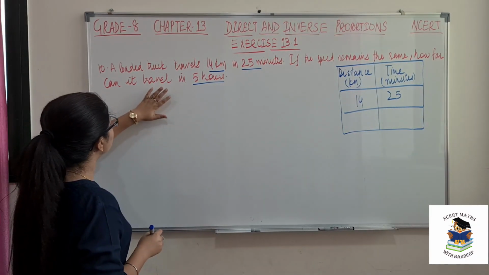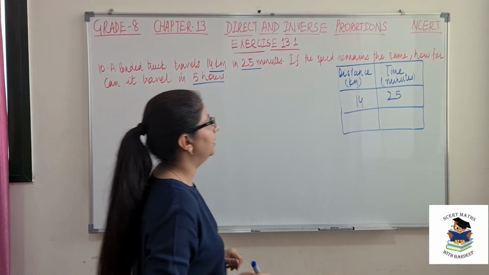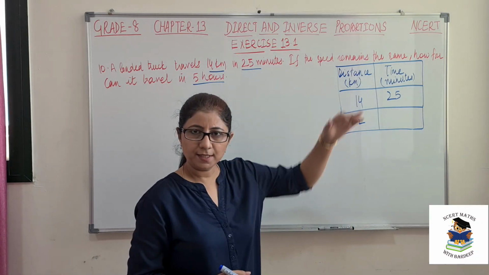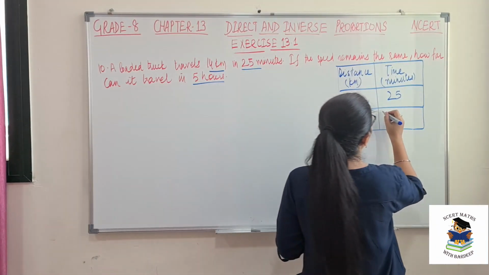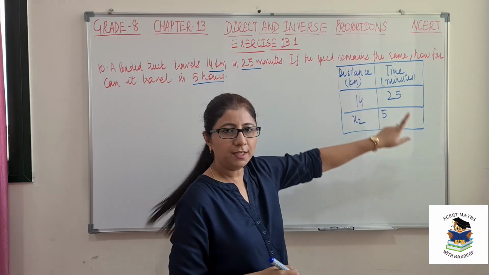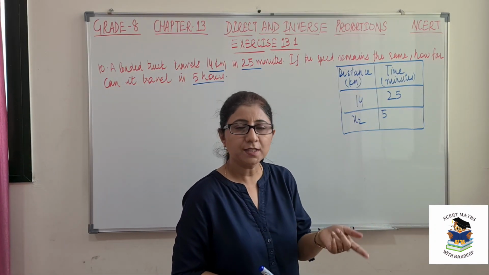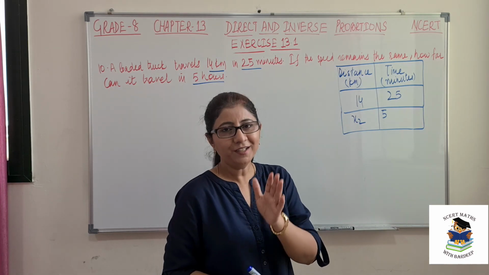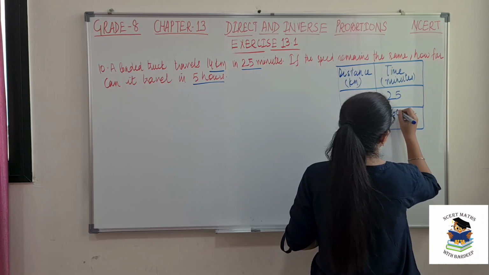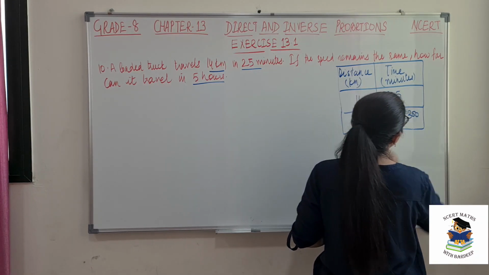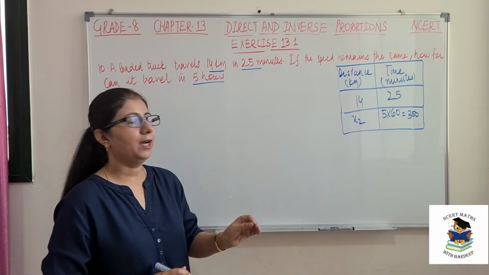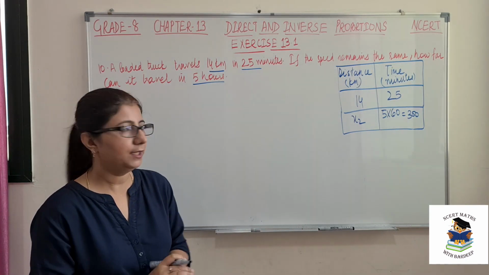And how much distance is covered in 5 hours? So let it be x2, because this we always take as x and second as y, in 5 hours. But since we have written the units in minutes, so we will convert this into minutes. How many minutes in 1 hour? 60. So in 5 hours it will be 5 into 60, that is 300 minutes. Clear? So always make sure that you have the same units in all the data.